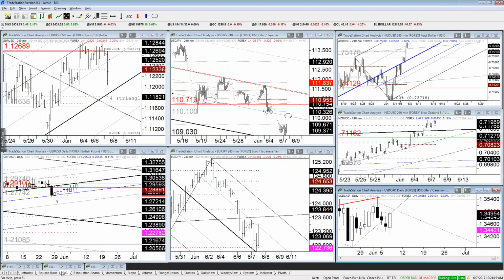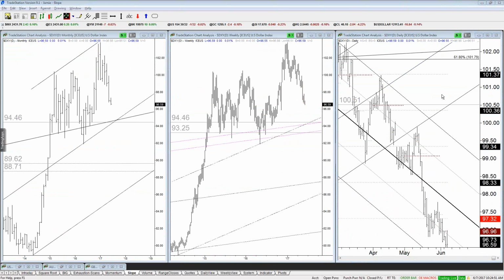All righty then. So there we've gone through Aussie and Kiwi. Here's a little note I put here. I prefer buying weakness in Aussie at this point. Maybe I'm a little stubborn when it comes to this Aussie Kiwi deal, but I prefer buying the weakness in Aussie as per the Aussie Kiwi situation, which again,